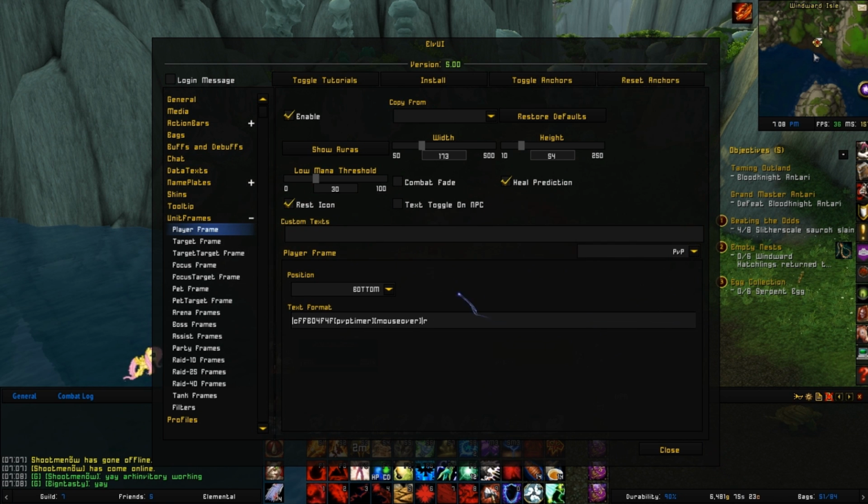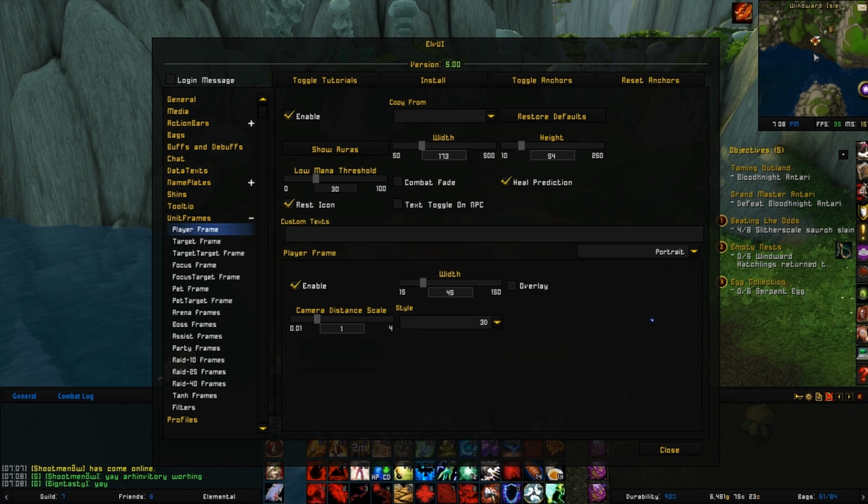Next, we're going to go to PvP. I have that positioned in the bottom. I believe the text format is what will be there by default, so I'm not going to read that all to you because I know for a fact I didn't type that in. The next thing I had to manually enable was portrait. I have my portrait set to a width of 45 with a camera scale of 1, and I have the style set to 3D. You can also set it to 2D, but